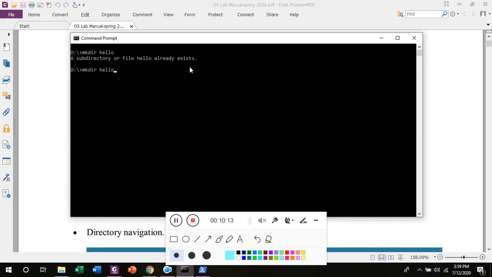You can rename the existing directory, or you can change the name of the directory you want to create. So I have created hello1. You can del this directory as well. These are some basic CLI commands you can run on the Windows operating system.